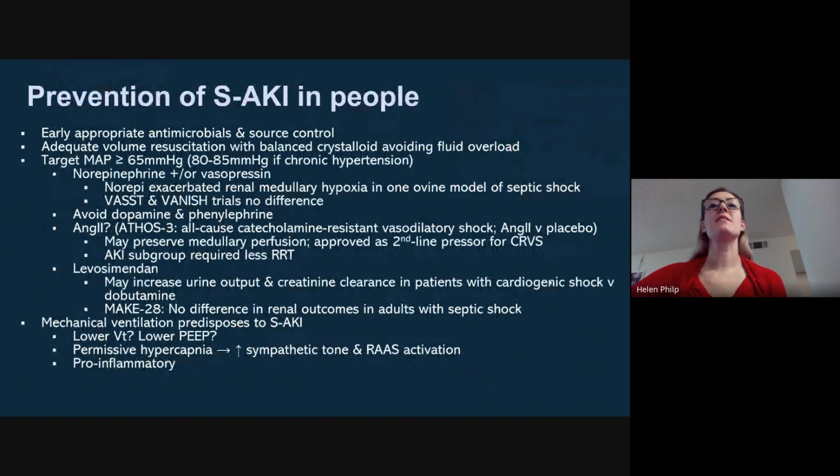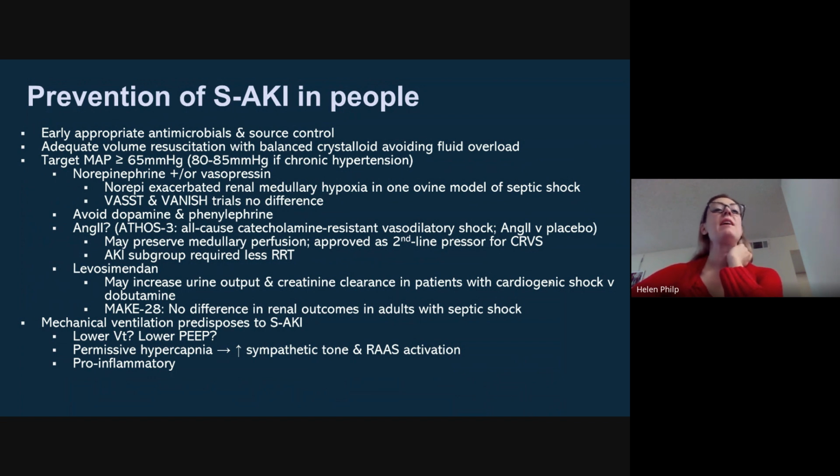And so, sorry, this is a horrible slide. I was just trying to fit everything in that I could find, just as a little bit of background in the literature. But in terms of preventing septic AKI in people, it's really an emphasis on good management of sepsis. So the things we already know, so early antimicrobials, source control, enough fluids, but without too much, and switching to pressors where needed. If they are becoming fluid unresponsive,